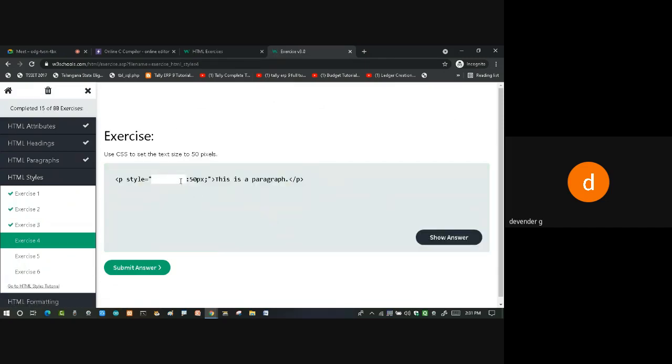Now I want the size. So already we have seen the heading size H1, H2, H3, H4, H5, H6. Now if you want more bigger size, very bigger size of the text, say he was saying 50 pixels. So how am I going to get that? I'll be saying this as a text size. I'll be using text size. So we'll see this also because in sizes also we have different flavors. So it's saying it's wrong. So we'll see what is the answer for this. It's a font size. Okay.